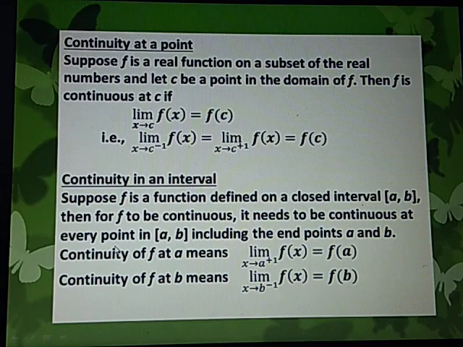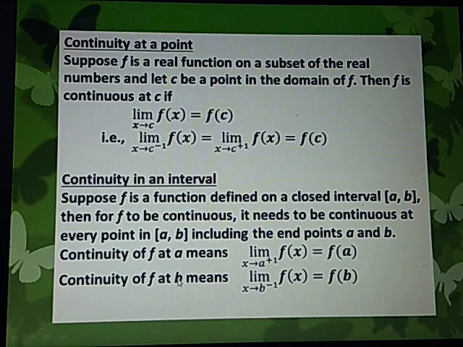Now, when we say continuity at a, if you look at the definition of continuity at a point, the limit should exist. Left hand limit and right hand limit should be equal. But when you look at this point, the interval begins with the point a. So we cannot find the left hand limit at a. In the same way, the highest value here is b, the upper limit. So we cannot find the right hand limit at b. So if we say continuity at point a, then that means the value of the function at a and the right hand limit at a. See, on the right of a, we can find the limit. So as x approaches a from the right, f(x) should be equal to f(a).